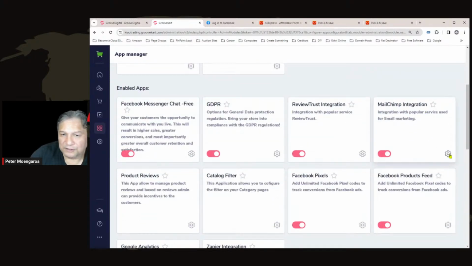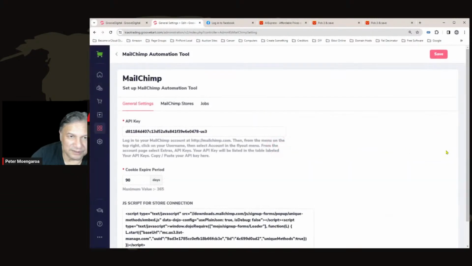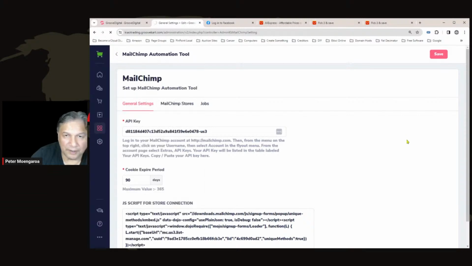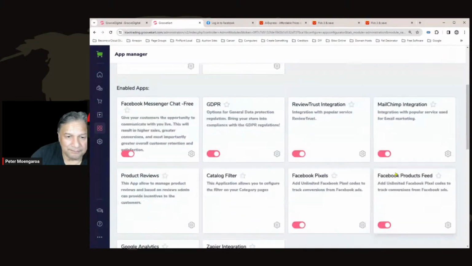MailChimp integration. A lot of people actually use the MailChimp integration on here, but it's there if you need it. You're probably asking yourself, why MailChimp? Why not GrooveMail? Well, that was anticipated to happen, but since AI, a lot of things have changed now. So what's going to happen is